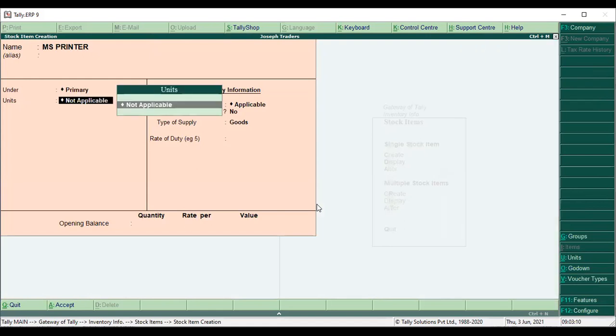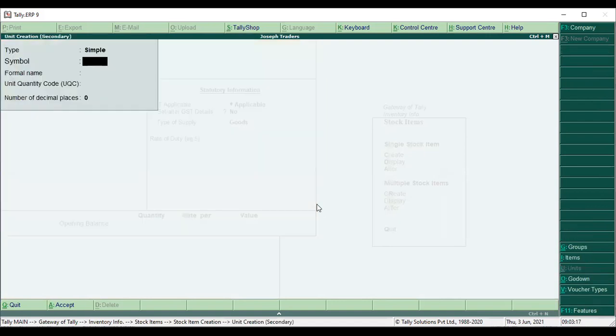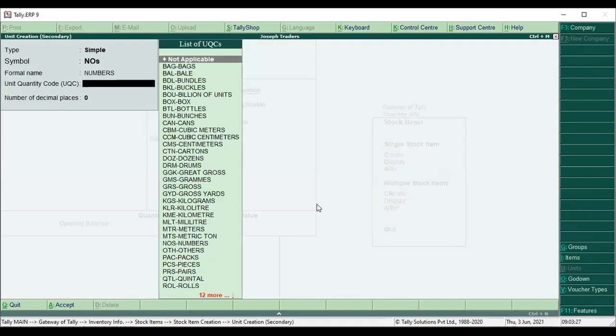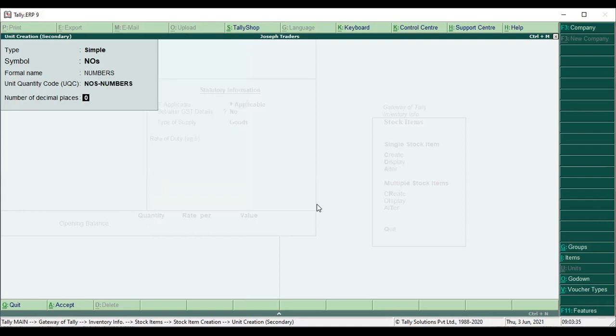Now you have to create units. How to create units? Numbers. Press Alt plus C. Units, create, numbers. Symbol, numbers. You have to match with the unit quantity code UQC. Search and select numbers. Control plus A.